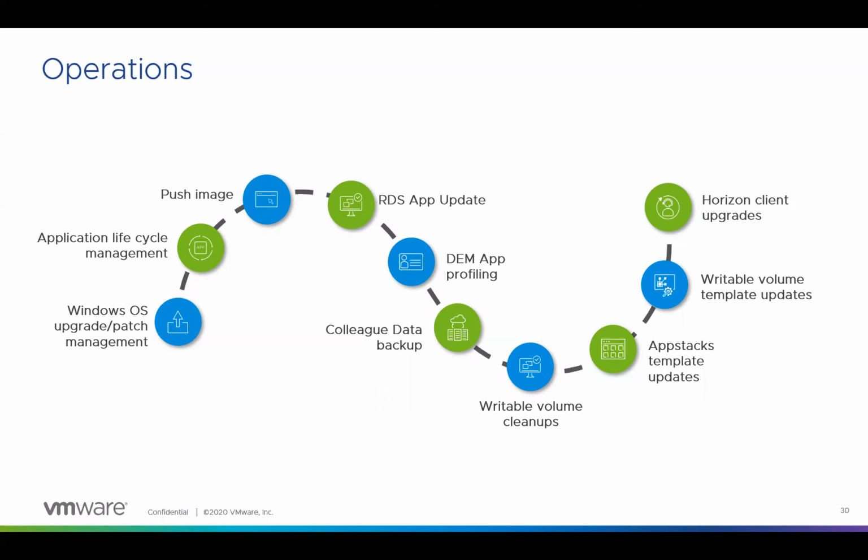And also DEM app profiling. If you are doing users' apps as profiling, you can make them uniform configurations. And you still need to do some sort of lifecycle operations on writable volumes and app stacks. Sometimes an app stack may become obsolete and you come with a new app stack. You need to change those app stacks, remove and retire them, and then go with the latest versions available. And also the writable volumes: let's say an employee joins, works for some time and then leaves. If you're not cleaning up, those writable volumes will pile up. That also, as a part of operations, we have to do.